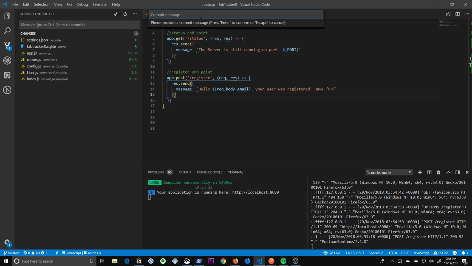So we could say updated app.js, created routes.js, created config.js. And you can type anything you want in here. This is just so when you look back through the history, you can see what you did. Config.js, users.js, and index.js. So we got all of those,